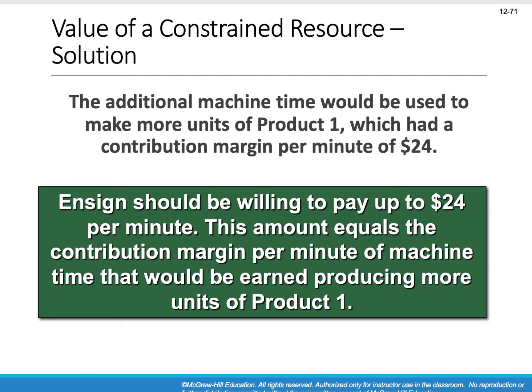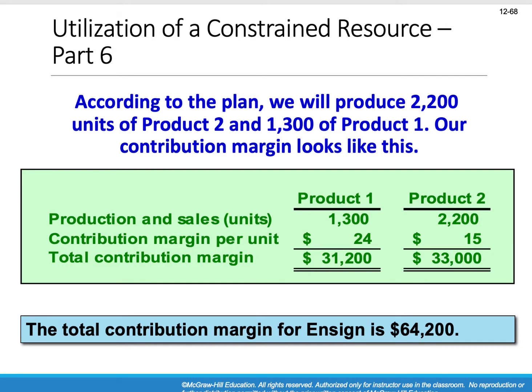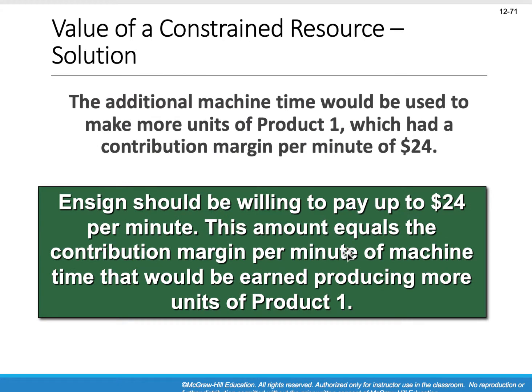So we already saw in that prime example, let me go back here just to look. We already saw that product one has a contribution margin of $24. So what we're saying is we're willing to pay up to $24 per minute. Okay, that's equal to the contribution margin per minute of machine time that we can earn if we're producing more